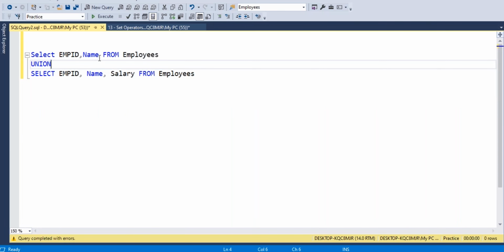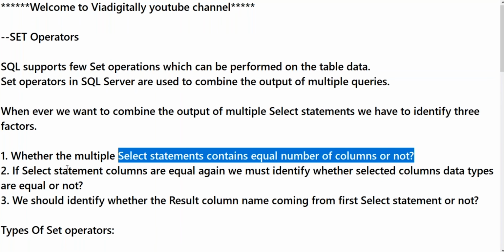An equal number of expressions is nothing but an equal number of columns defined inside the select statement. So the first point is that we should have the same number of columns when we apply the set operators.